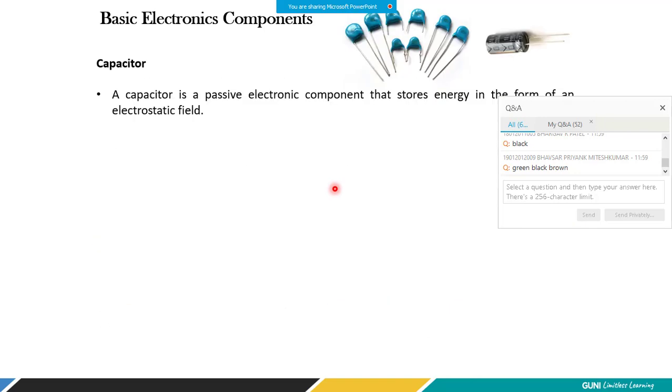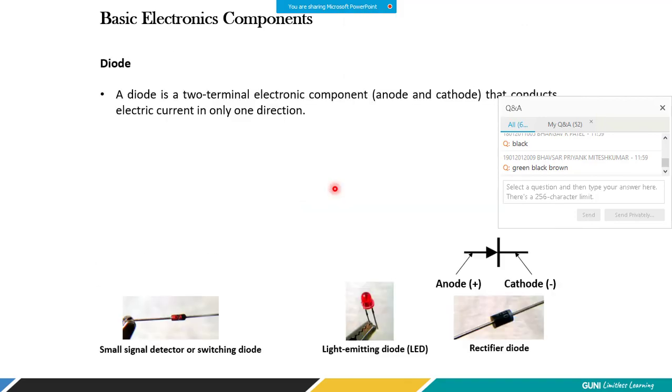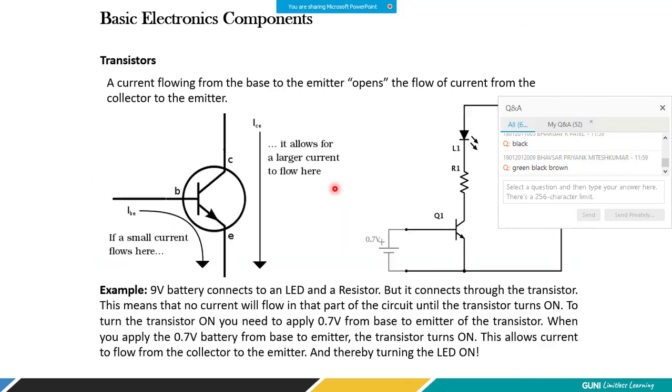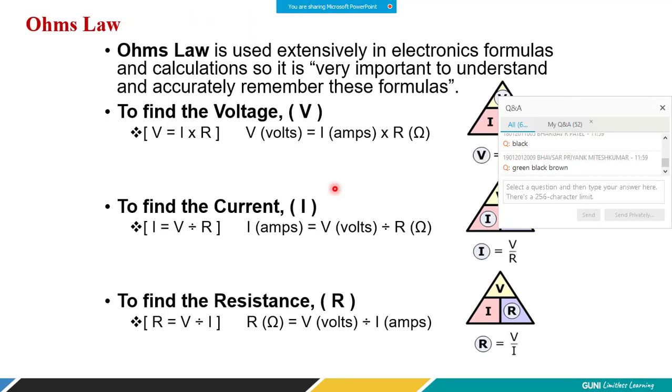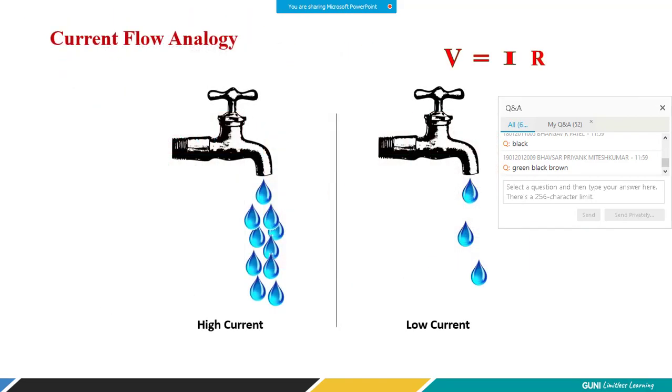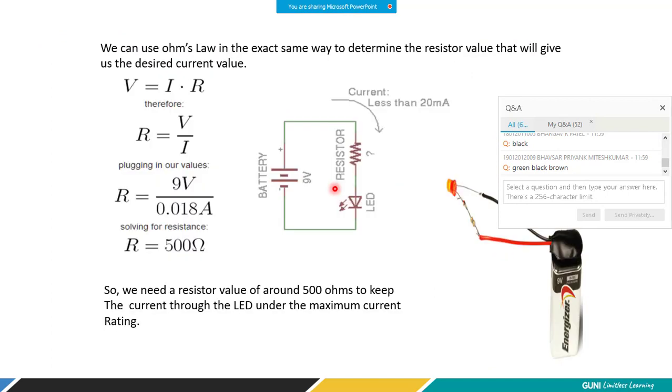That means in this circuit you have to connect a resistor that has green, black and brown color. So that is how you are able to decide. See, this is how you are able to make the circuit. I hope you got the objective of today's session. This is the purpose why we look at all this basic stuff, so that you can do this calculation and you can understand.